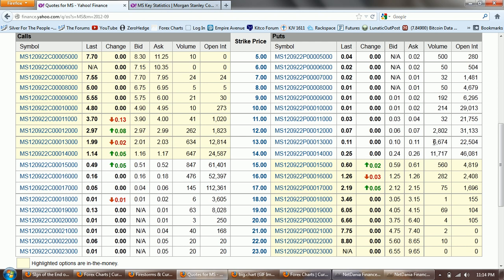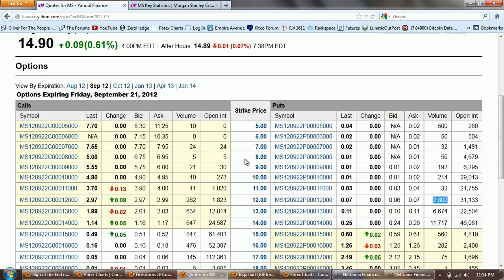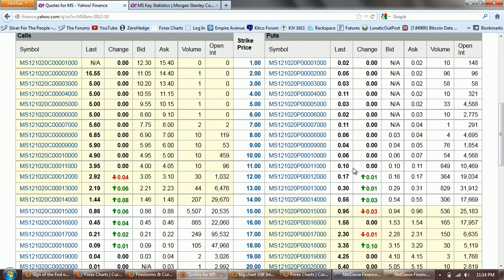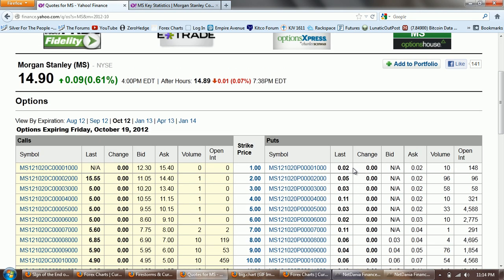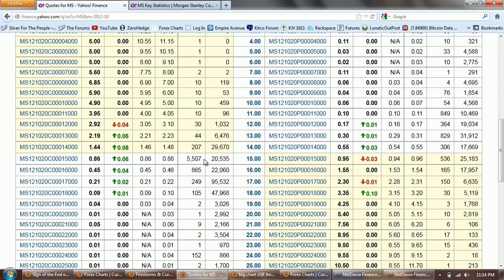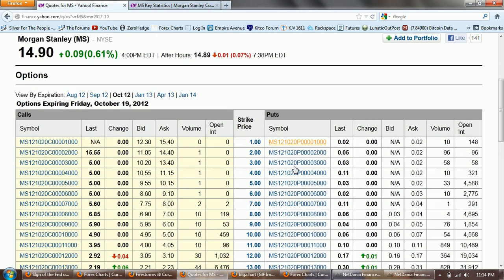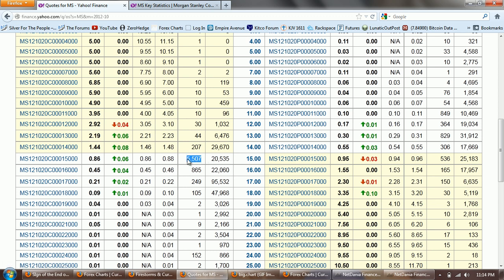You can see we also had a big volume here relative to open interest on the 13 strikes, and a decent amount of volume on the 12 strikes as well. So let's move out further in the straddles. As we go out to October, we have 5,000 of the calls. These are the 15 calls, and you can see we're at about 15 right now. So this may actually be the offsetting action for some of that other action. A lot of times they will hedge themselves in other options. So if they sold puts, they may buy calls just to hedge themselves.